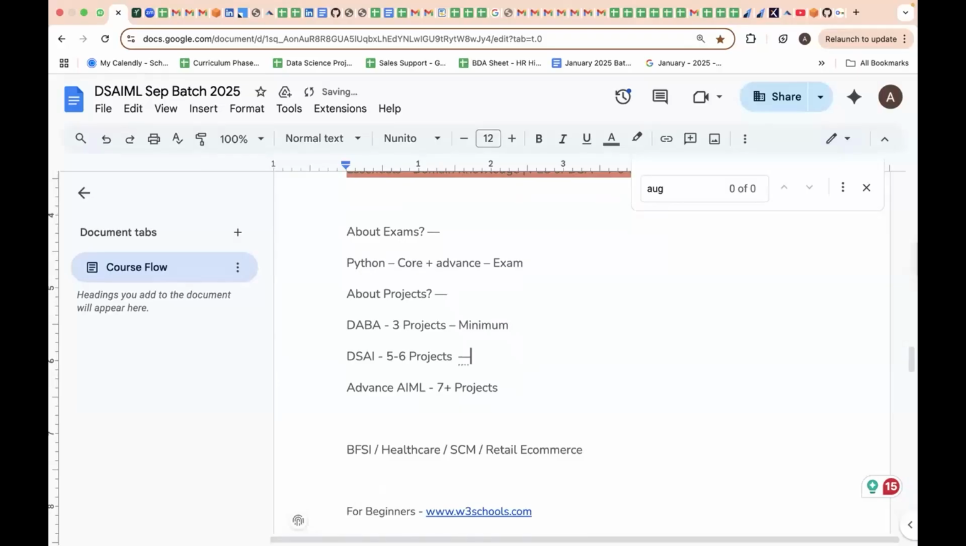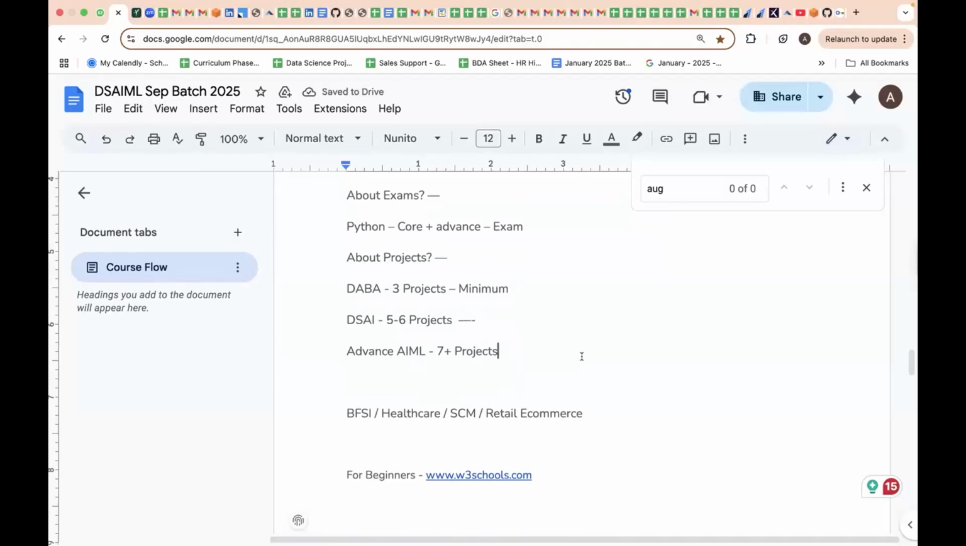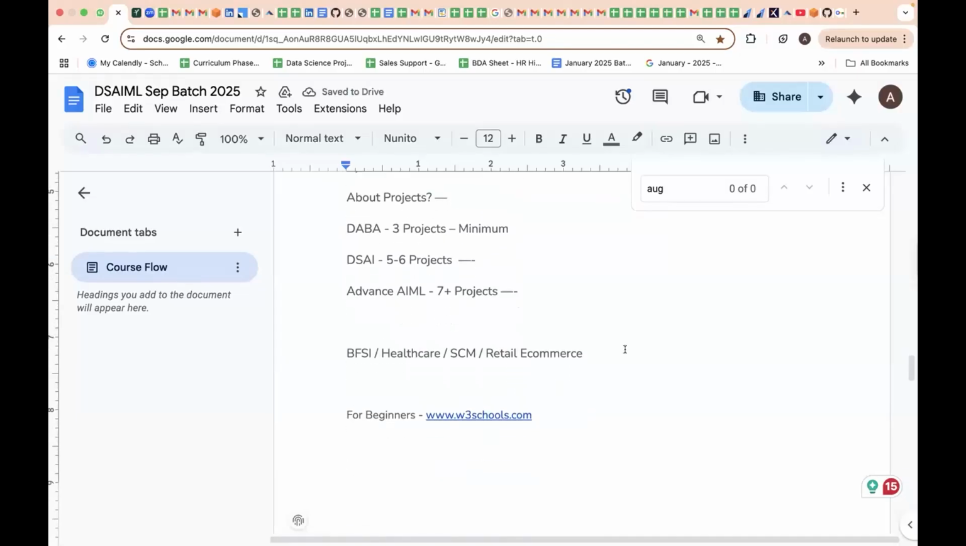And people involved in the DSAI program have to do at least 5 or 6 projects, and people involved in AI/ML have to do at least 7 projects. Okay, and you have to focus more. We have projects from different